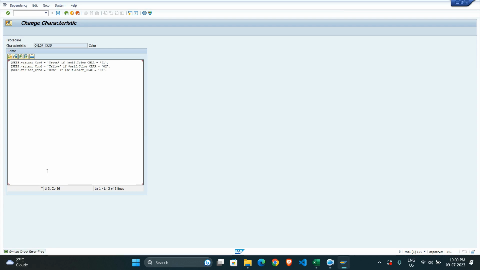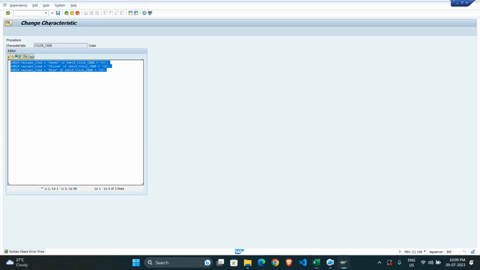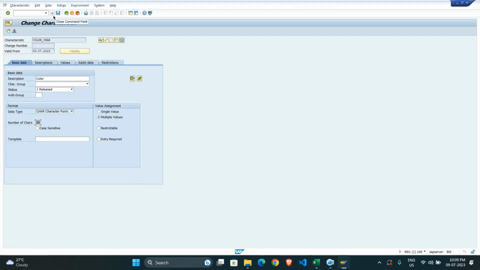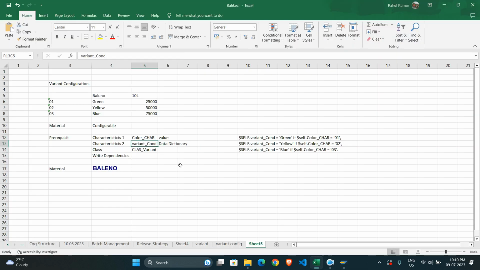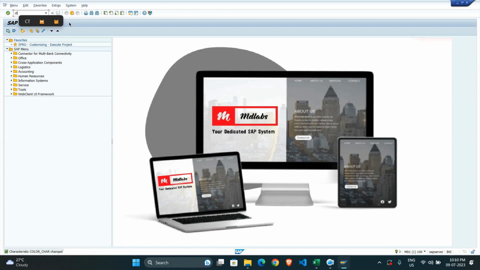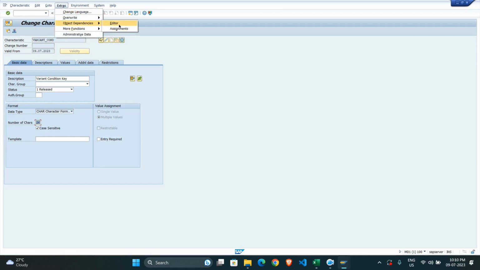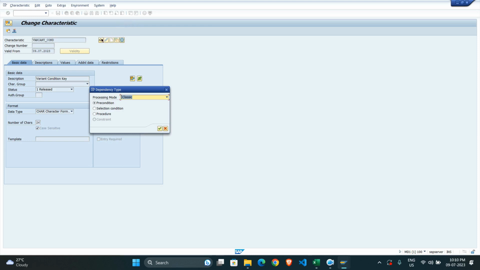So I'm just copying it, Control C, because I have to assign this dependency in all characteristics, whatever characteristics we have generated, and even in the class, right? Now I'm doing the same. Now it is saved. The same thing we have to perform in the next characteristic also. This characteristic, came to CT04, another characteristic, enter, go to the extra object dependencies, editor, right, and procedure,